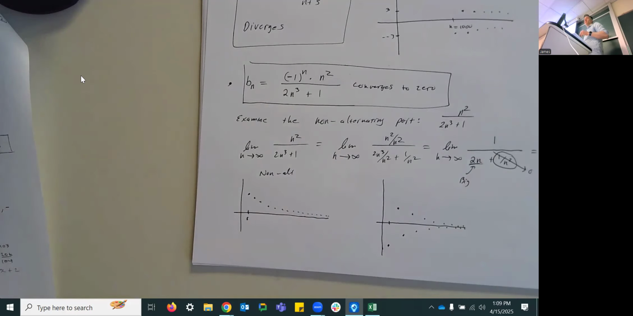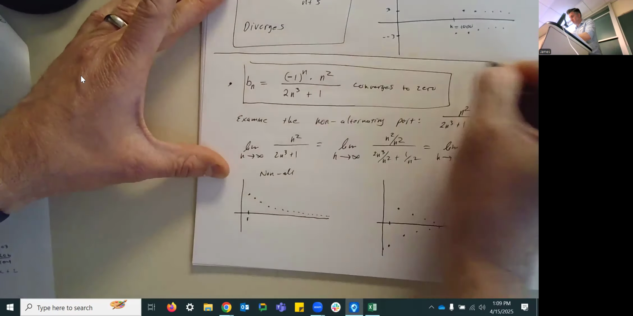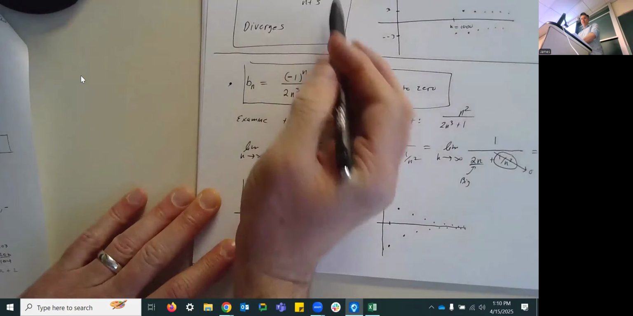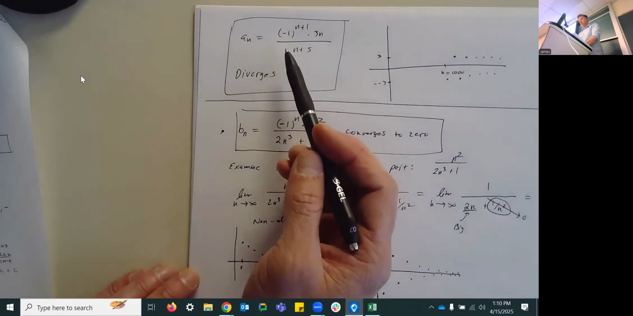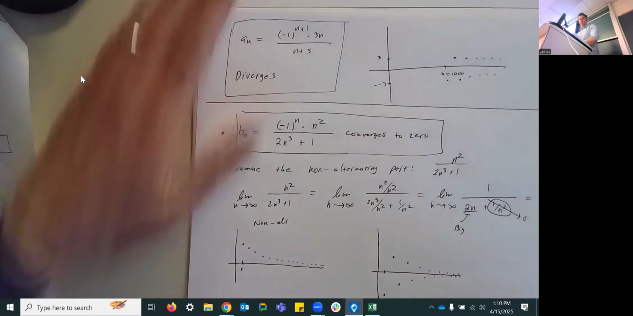Question. Why is the top one diverging? This is just a totally different example. This is from the previous example. So there's not really a pattern in the graphs. It's based on the limit itself. Right. Yeah. And the difference between this alternating sequence and the diverging one is the non-alternating part